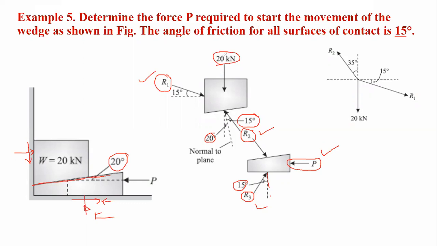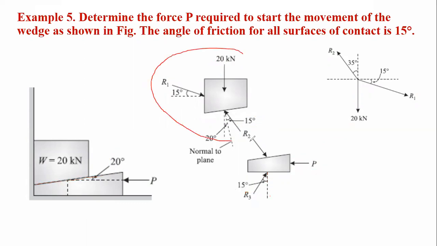Now if you are considering only this block, separately consider the free body diagram of that block. As we know that the 20 Newton force is passing through the CG of that block, we may consider it anywhere over the same line of action. That's why it is shown over here as 20, which is vertically downward. This R1 force you may treat anywhere over the same line of action. That's why it is shown over here as R1, which is making an angle of 50 degrees with the horizontal. Similarly, this R2 is also passing,